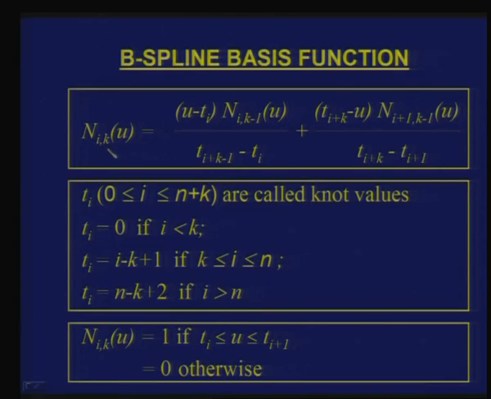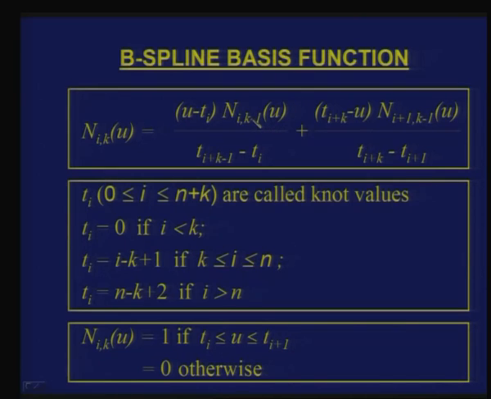And in order to find out a value of Nik, I have an expression. Finding Nik requires finding the value of Nik minus 1. Suppose I take, for example, n03, k equal to 3. If I want to find n03, then I should know what n02 is, okay, that should be evaluated first. So, this is a recursive function. In order to evaluate this, I require this. In order to evaluate this, I may require some other function.